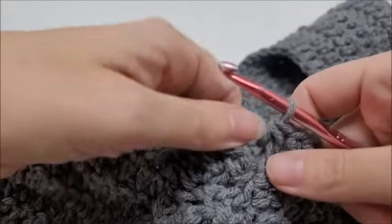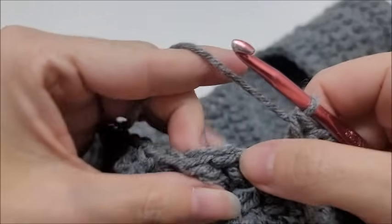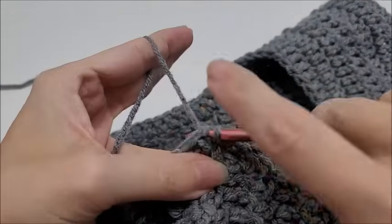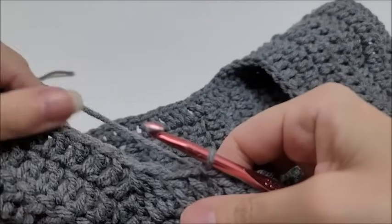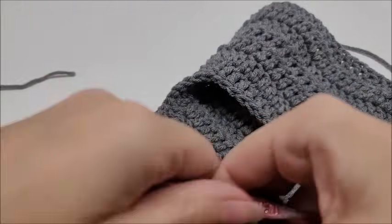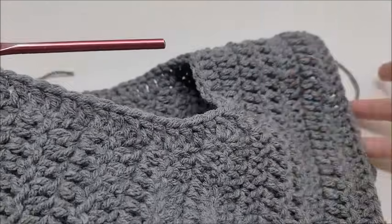Alright, so I have made it back to my starting point, and I'm going to end by slip stitching into my first double crochet. There we go. Now, I'm going to go around this whole piece with a row of single crochet, and then I'm going to